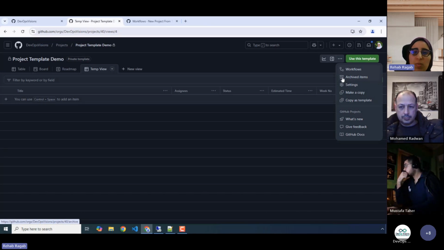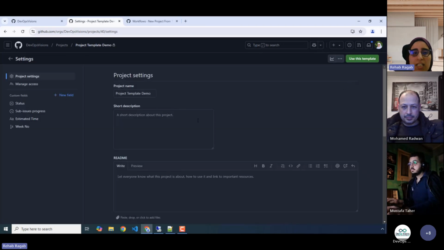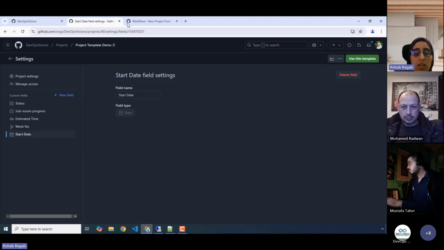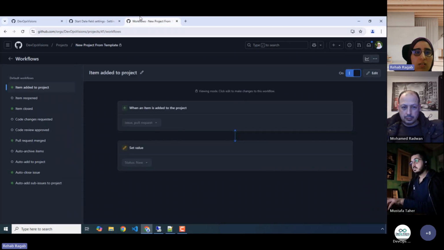Will this new customization be applied to the already created projects or not? Let's see this. Let's make some new customization. Add this new field, start date.